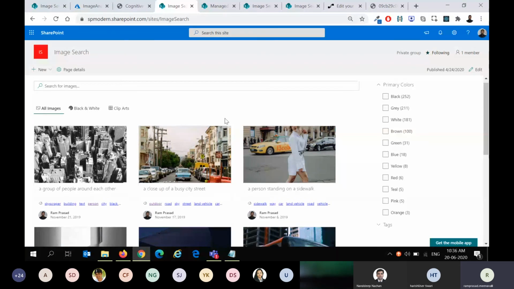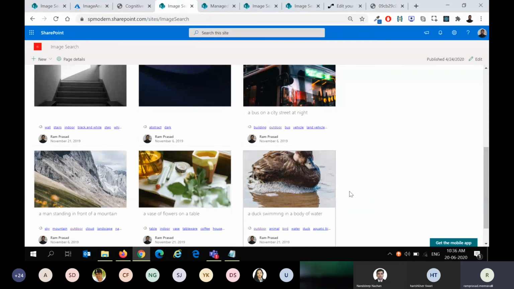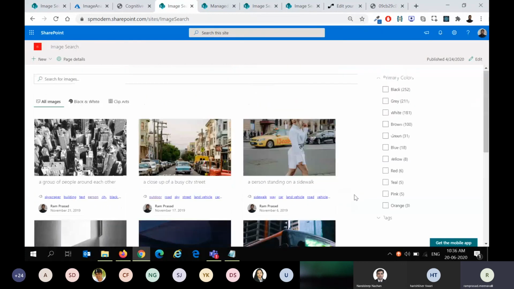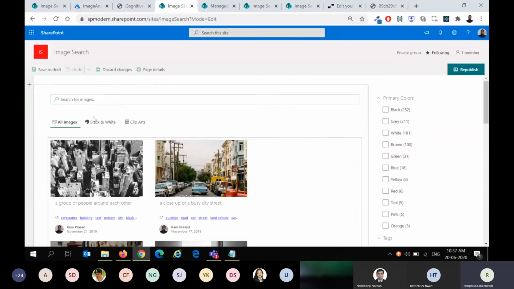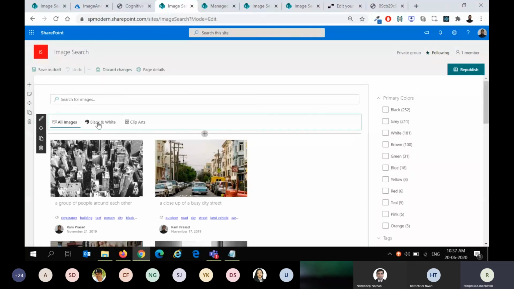You can really build up custom search interfaces without developing any code of your own. So for most of the scenarios you can just customize it using some properties, editing the web parts and connecting them to each other, right? So I'll just quickly edit and show you what all is possible. It provides us one search box web part where you can provide the query, and then there are verticals where you can define different types of categories. So in this case, we are saying I want to search for black and white images, clip arts and all.